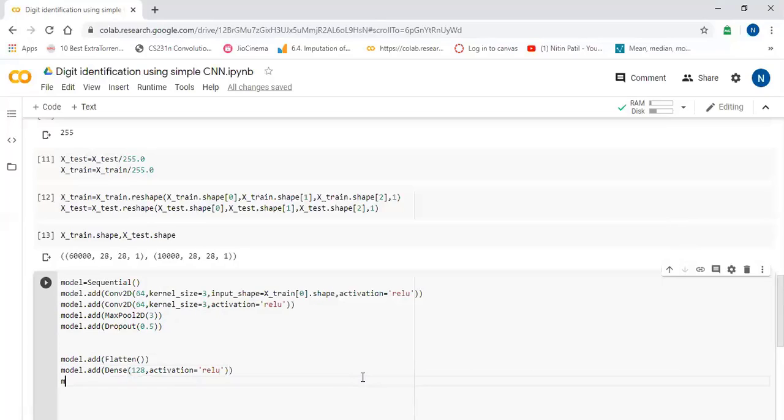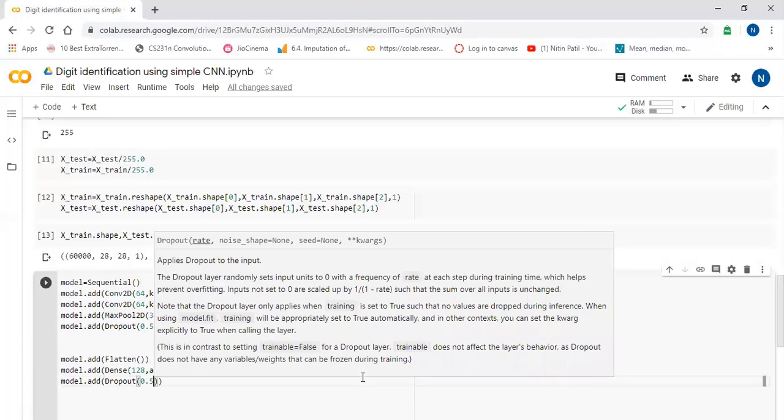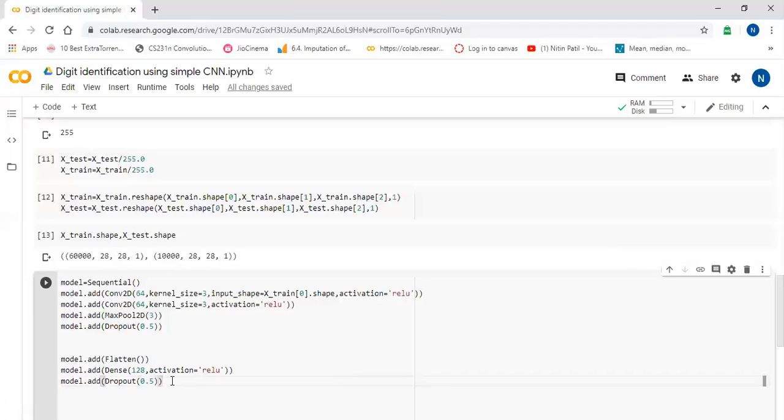Okay. Now model dot add, I will again add a dropout layer with 0.5.